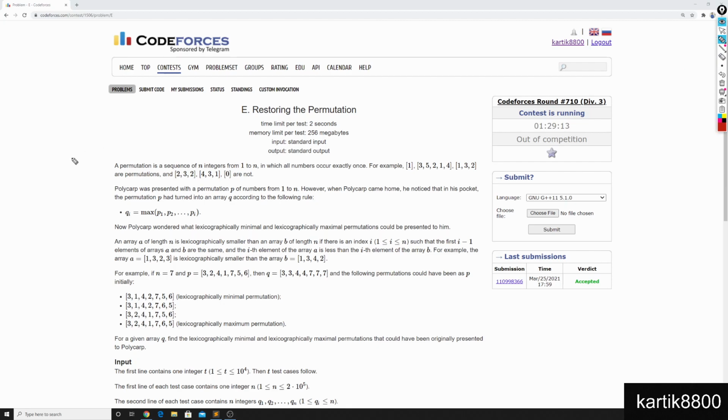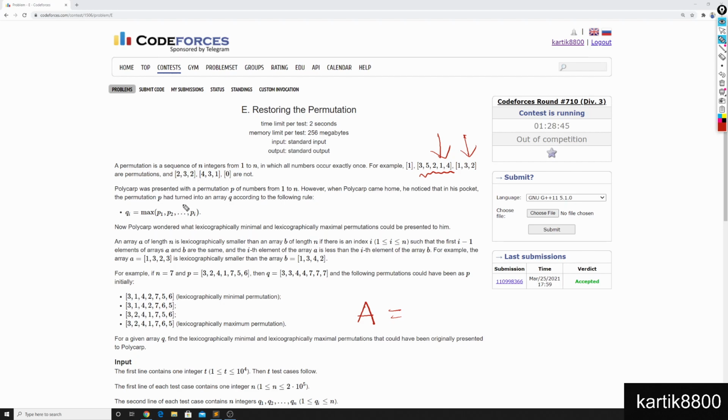Now, the problem says that you're given an array. Originally, you were given an array A, which is now lost. The array A was a permutation of the first n natural numbers. So, if n equals 5, then the array size would be 5 and a permutation of the first 5 natural numbers. So, this could be a valid possible initial array A. And if size would be 3, then first 3 natural numbers, that is 1, 2, 3, you permute them in any order, and that could be your original array A.